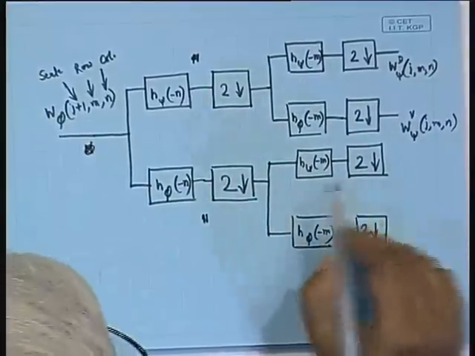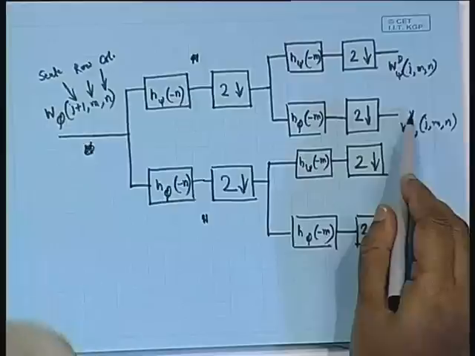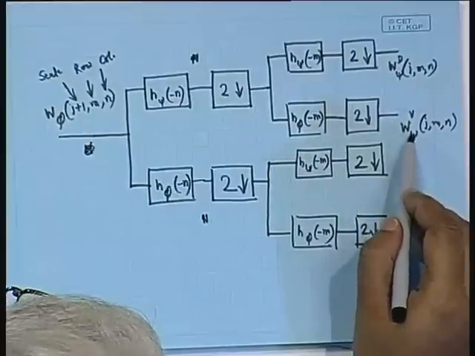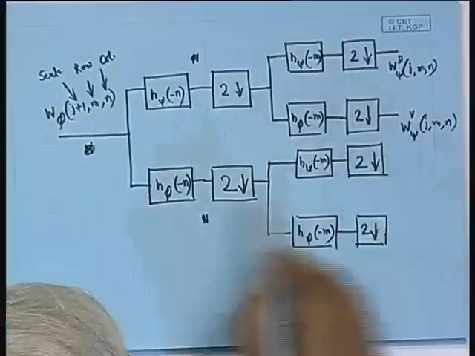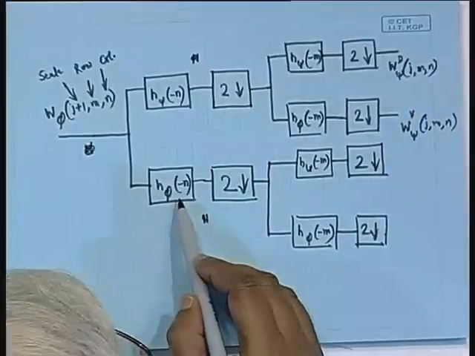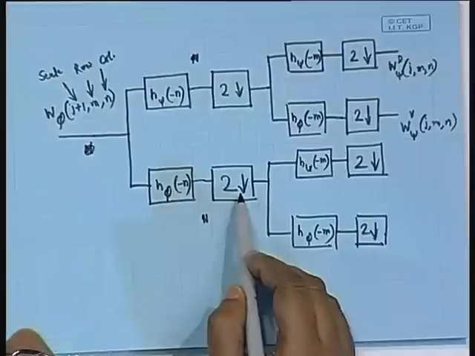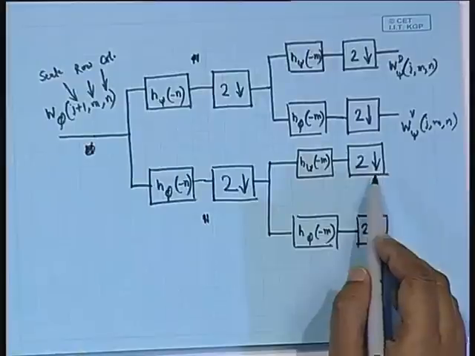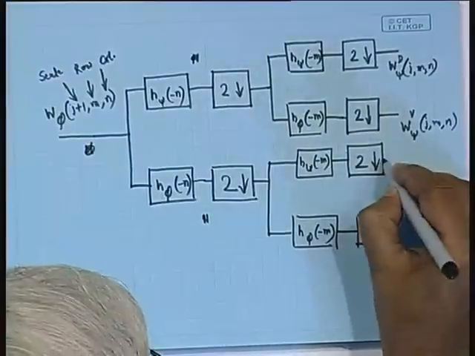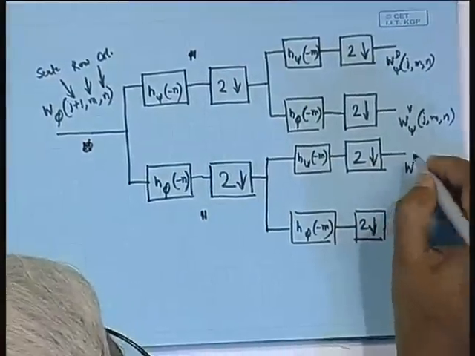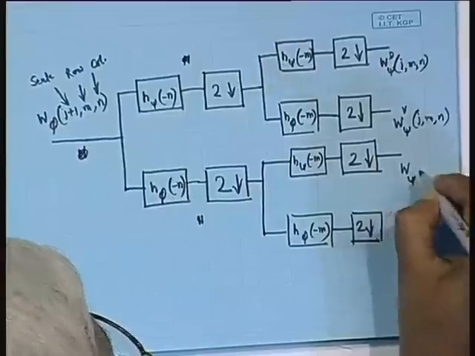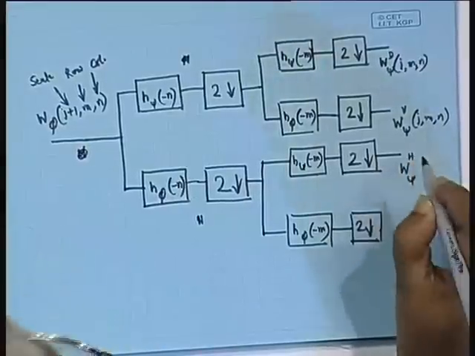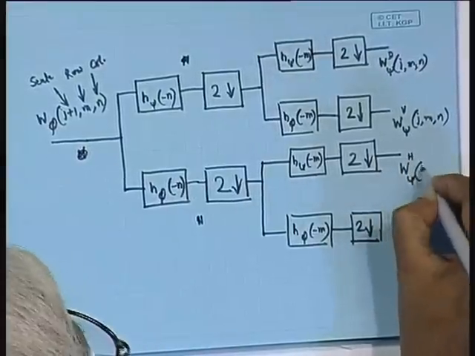And what we have over here is just the opposite of what we had for W psi superscript v. Why? Because along the columns it is low pass filtered and along the rows this is high pass filtered. So, that is why this channel we are going to call W psi, but with a superscript h, j m n,